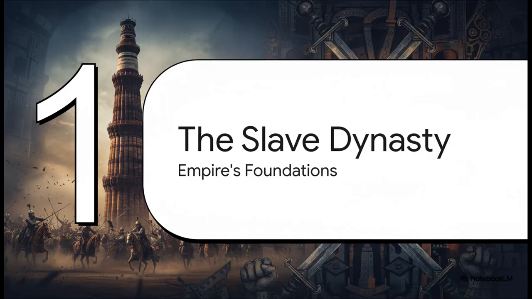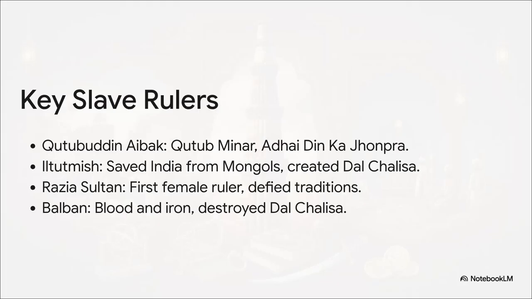The rise and dominance of the Slave dynasty, the foundations of the empire. It all kicks off with Kutubuddin Aybak. Now he's famous for his architectural marvels, but his reign was actually cut short by a fatal polo accident. So the real founder, Iltutmish, steps up. He establishes the Ikta, or provincial land grant system, mints standard currency, and does all this while expertly dodging Mongol invasions.